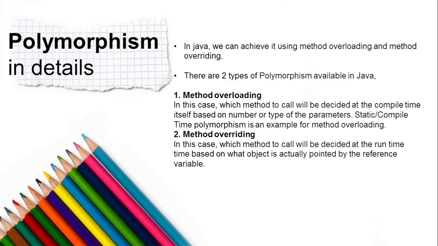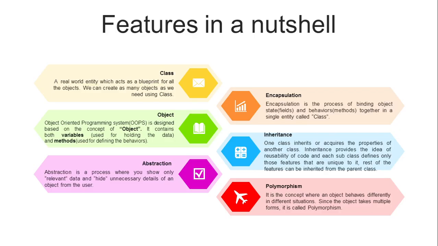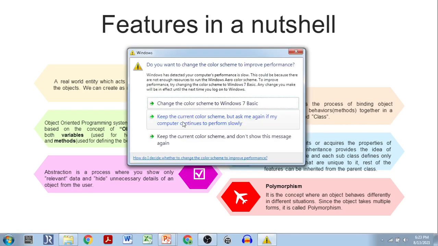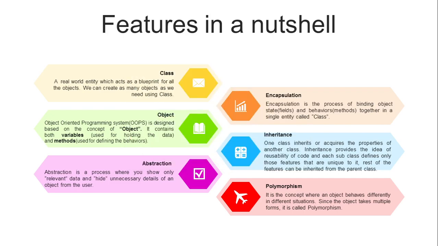When we go to the method overloading and method overriding videos, we'll see these things in detail. So these are the features of object-oriented programming. In this slide, you can hold and pause for some time and try to recall. The basic points are written here, and you can keep going through the entire video again and again to get it 100% clear, in case you have doubts.